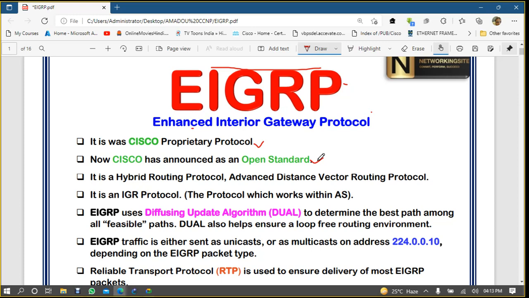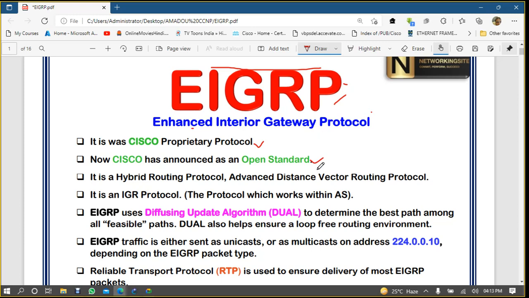But what is the problem? The problem is Cisco implemented the EIGRP routing protocol for Cisco devices. All the features and all the commands you can get in EIGRP with Cisco routers, you cannot get with other routers.